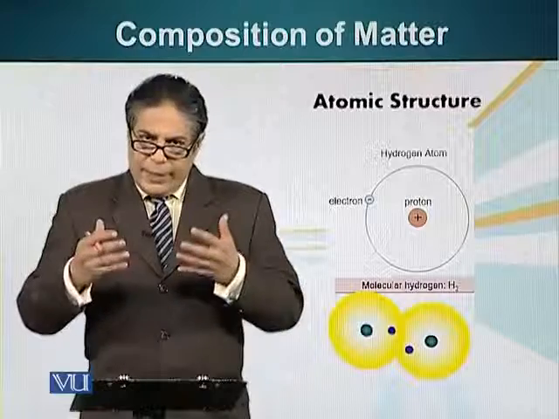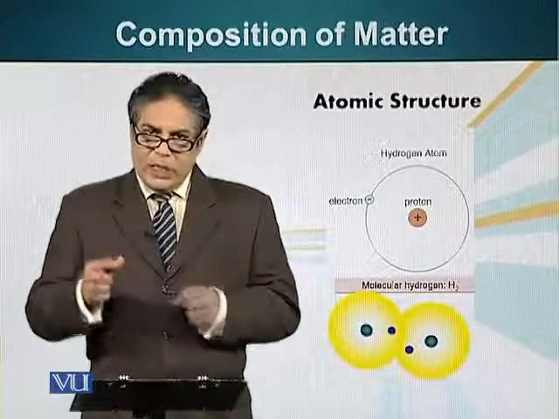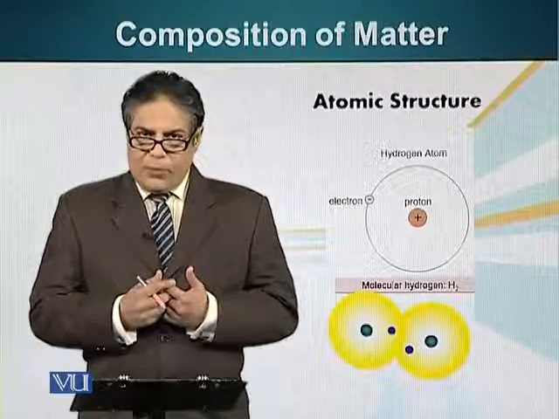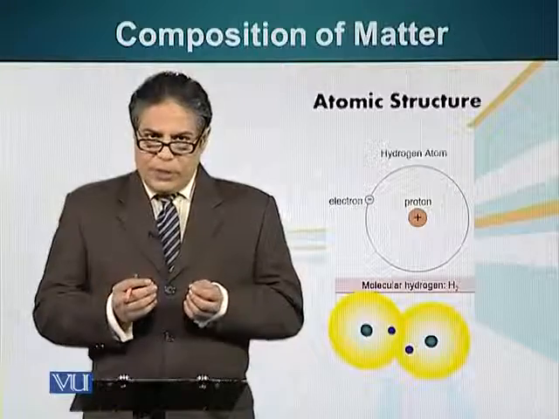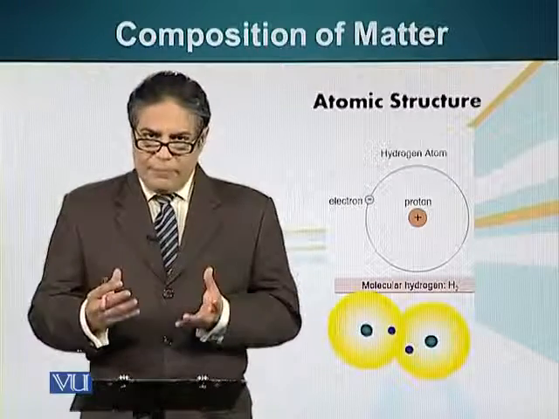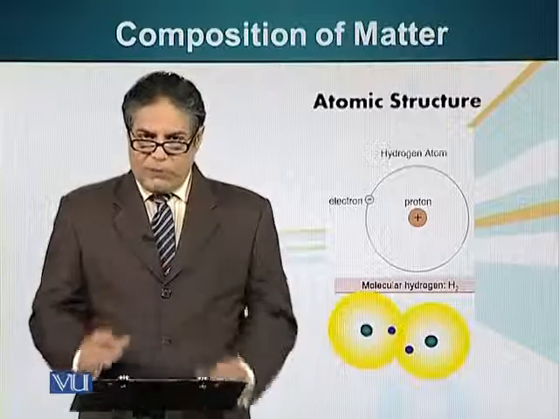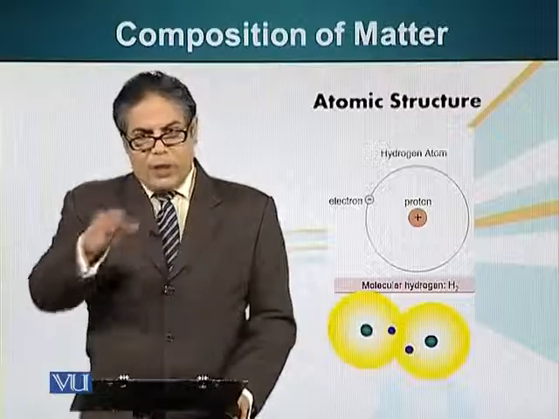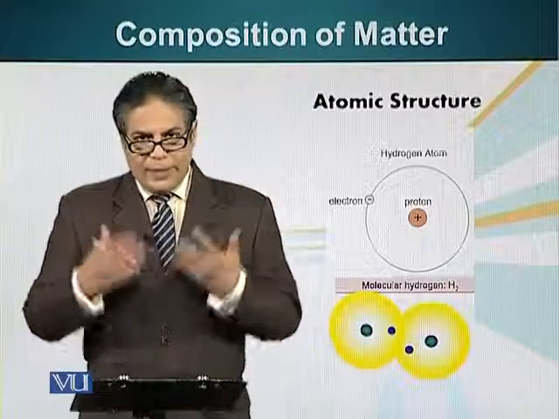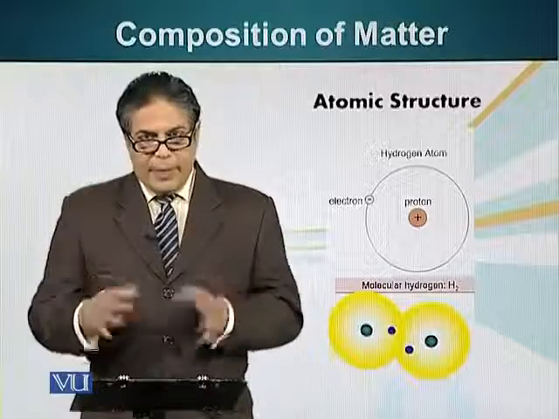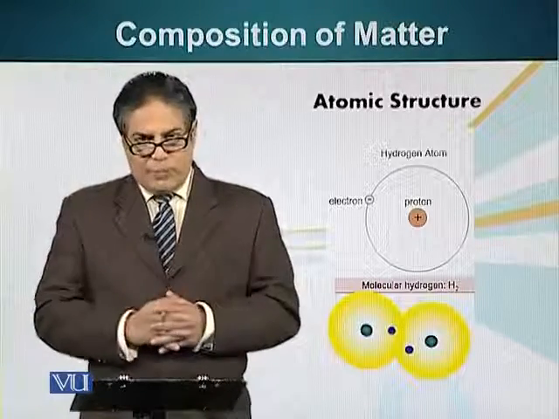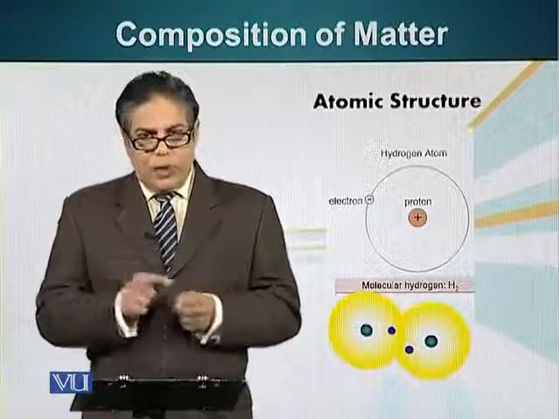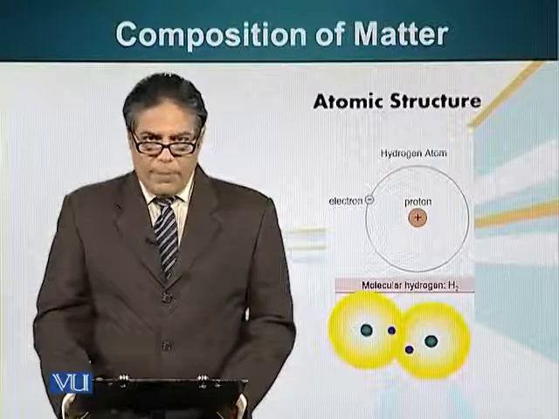Two hydrogen atoms, they can come close together and they can share an electron each. Now, when they're sharing these electrons, there are two electrons present in the orbital around the positively charged nucleus. These two electrons, when they revolve in that orbital, give stability to the structure. This type of bond, which is formed by sharing two electrons, is called a covalent bond.